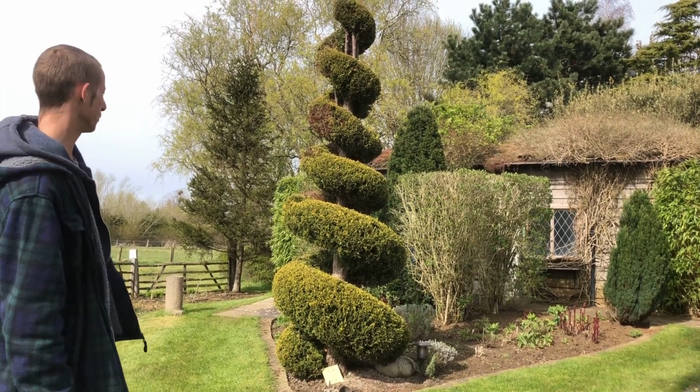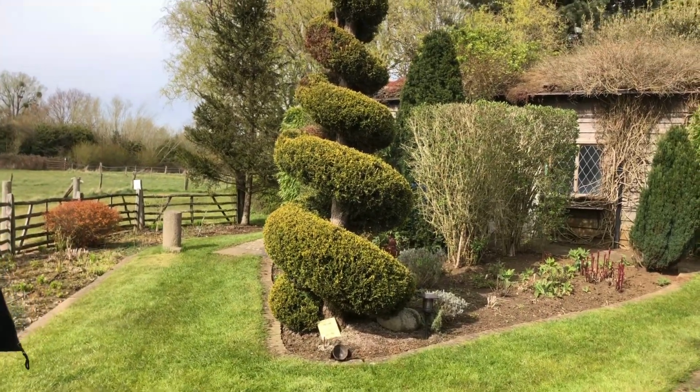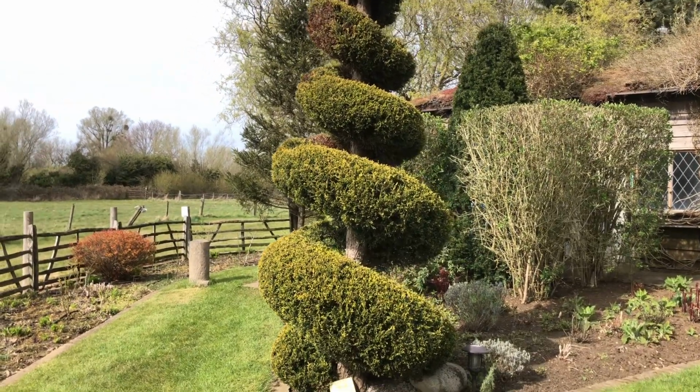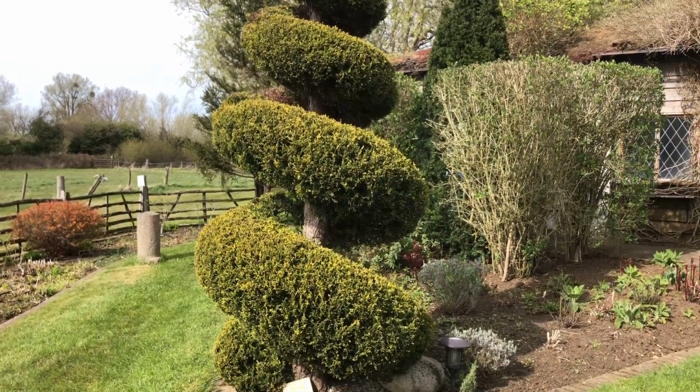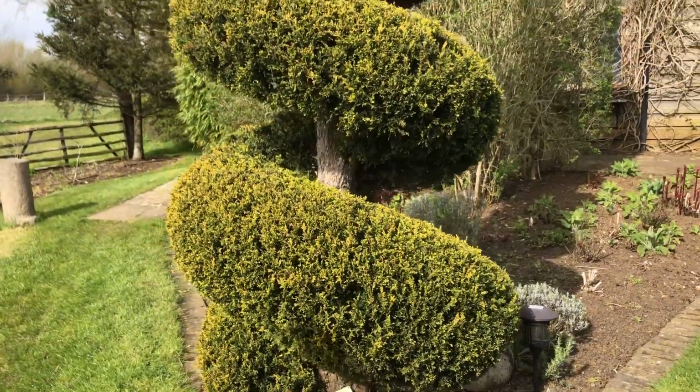And it was too big for me, so I gave it to Geoff, and he put it in the garden, and there it is. Something happened last year where maybe the sun was too intense for that and burnt away a bit of one side, but we'll try and repair that this year. But as long as you keep these things in check, you can see that's probably